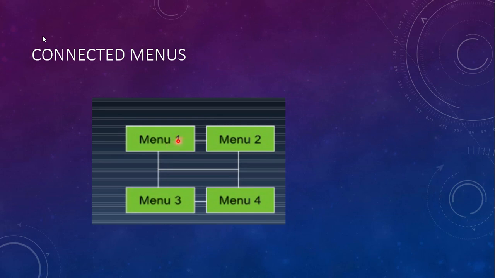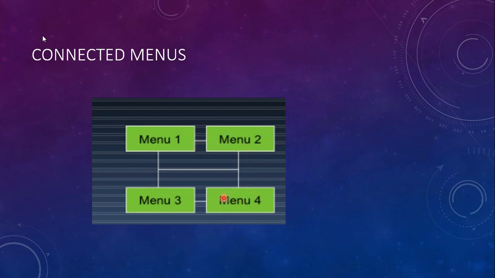For example, if you say after menu 1, you have to choose menu 2 itself, if that is a condition, and after menu 2, you have to move to menu 4 only. If there is a condition like that, then we call it acyclical menus, if there is a direction that you have to move.